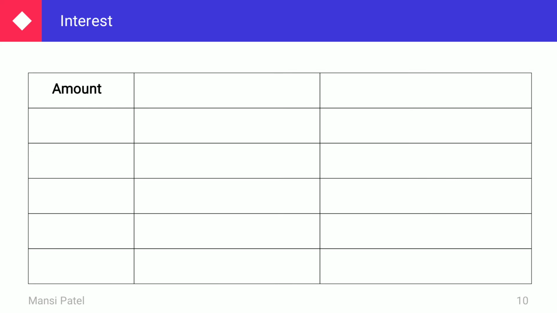First, that is the amount. Amount means you are lending some money or you are borrowing some money from another person. Now amount with interest, what does it mean? When you return that money, or that person returns that money to you, at that time he gives more than the borrowed or lent amount. That amount is known as amount with interest.